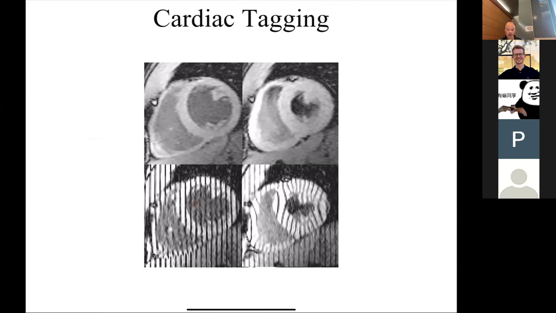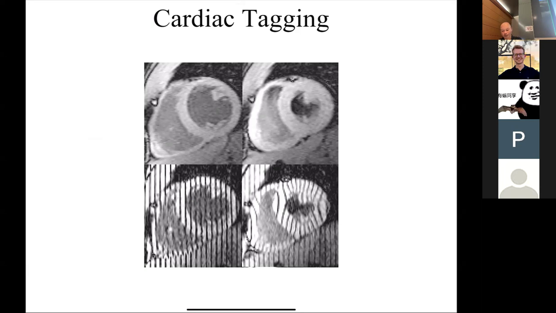So one of the places this is useful is cardiac tagging. So there might be one project on that. Here is the idea: I'm going to impose a bunch of stripes, right? You can imagine if I just had a number of impulses in one domain, that gives me impulses in another domain, right? So I can imagine imposing impulses in my object,